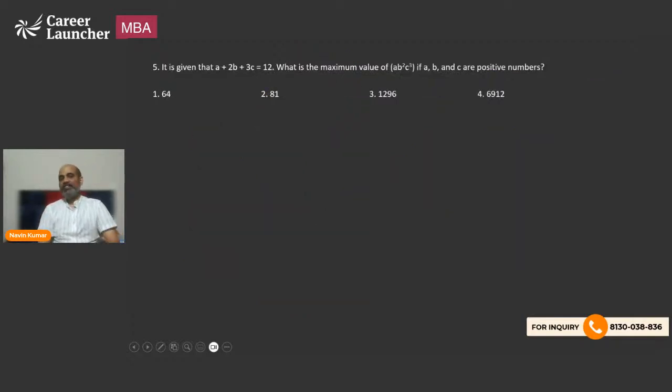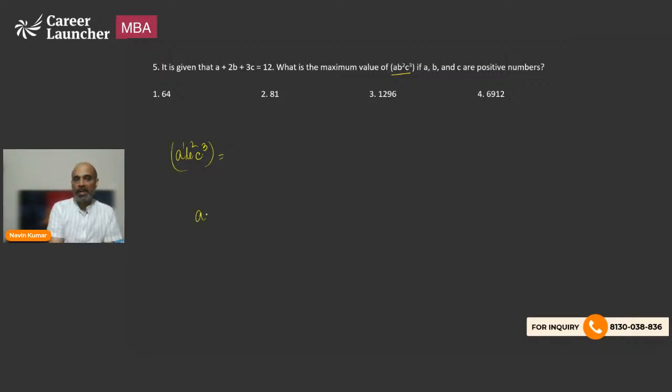Next, it is given that a plus 2b plus 3c is equal to 12. What is the maximum value of a, b square, c cube if a, b, c are positive numbers? So this is a question based on maxima minima where we use AM-GM logic, right? But I'll tell you today the shortcut to AM-GM logic as well. So what you do is, you'll see what is the term given to you whose maxima you're supposed to calculate. Since we are asked to calculate the maximum of a b square c cube,